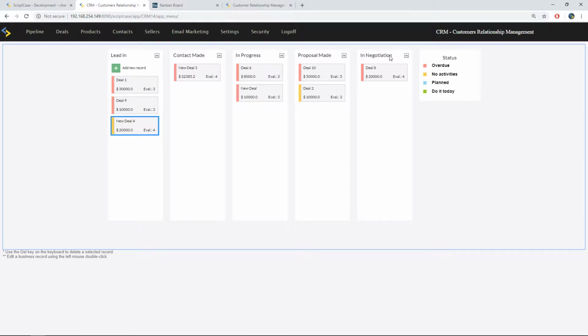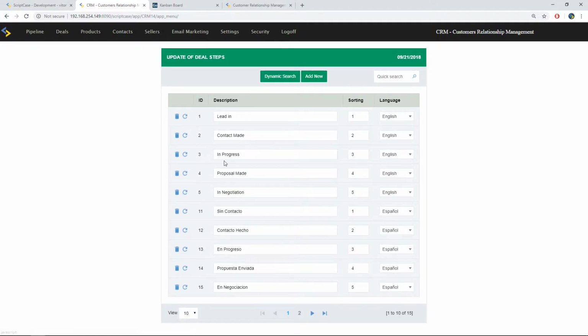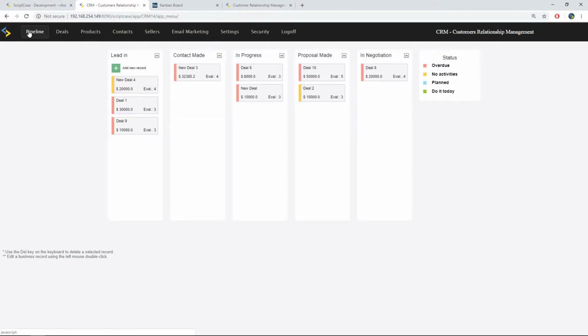All these tags you can actually modify by going to settings, and it's deals step. If you go to deals step, you can modify all these descriptions, all right? And you can also modify the order in the sorting column. Just put the order that you want. And here we have the other languages. All right, so if you go back to the pipeline,